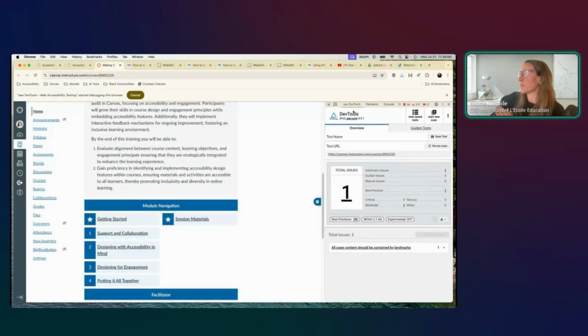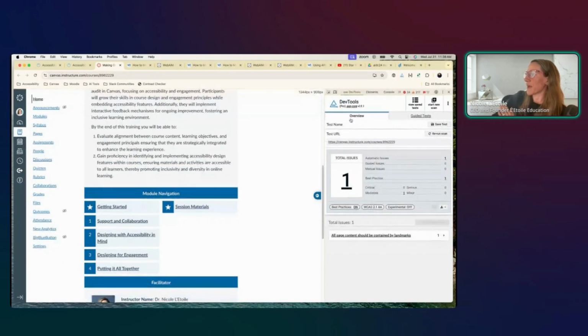It will pick up that I have an overview tab. I have the guided test tab. I can view saved tests from the past. I can start a new scan. But from here, what I'm most interested in is to find out if I had any issues or errors. So under overview, it tells me that I'm in the right place. Yes, I had one issue on my page, and it's saying that it is a best practice or a moderate issue. And I can go down a little bit further on this page on the DevTool subscription